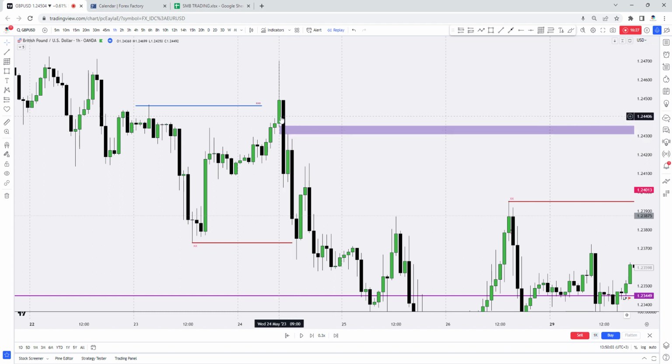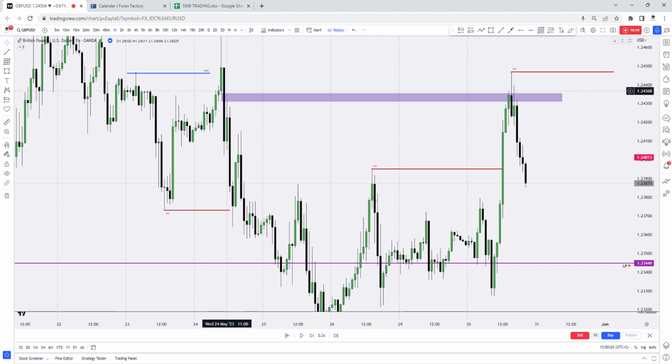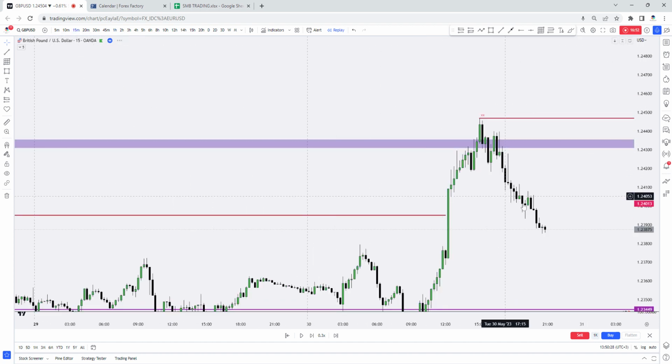The distance between the low and the high of this candle, you see that gap? That is the fair value gap. And you see price came into it, price tried to go through it on the 1 hour time frame. That is okay, but no candlestick ever closed above it. Also the 1 hour time frame bearish order block. Now when we switch to M15 right there,